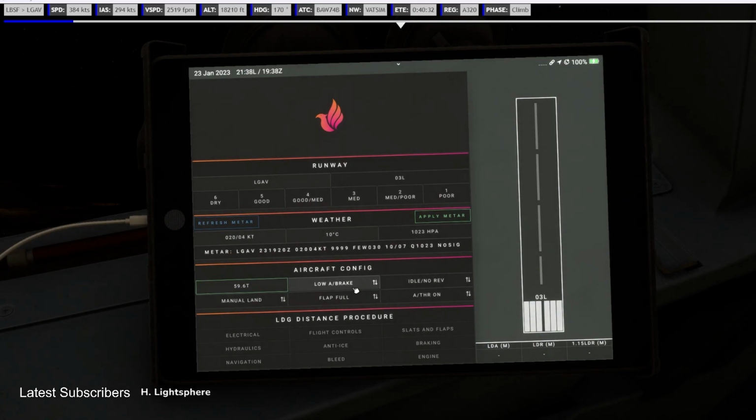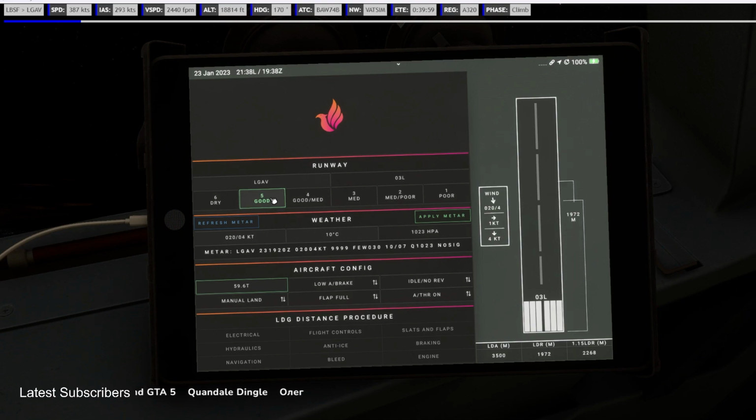Low auto brake. I've applied the METAR. Good. There we go. Let's put medium auto brake. So low auto brake, 1972, which is really good because if you look at Athens,